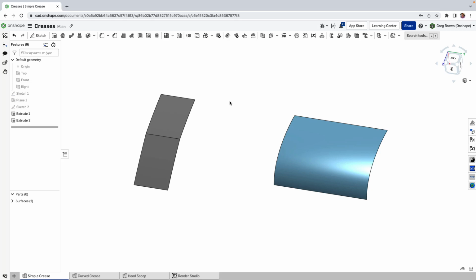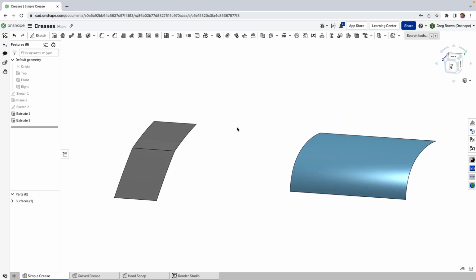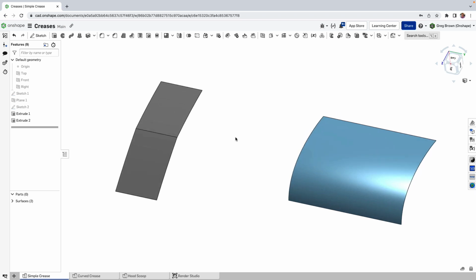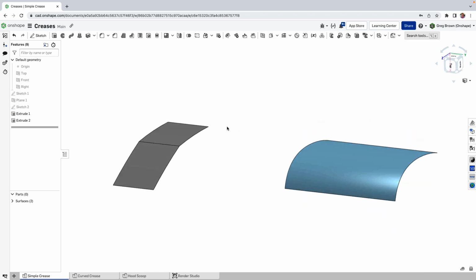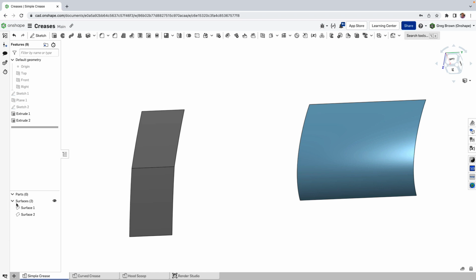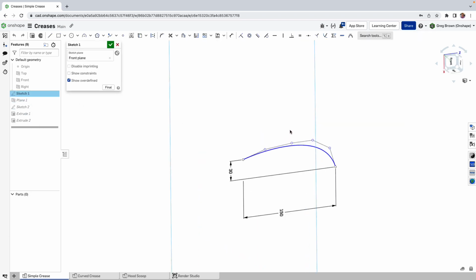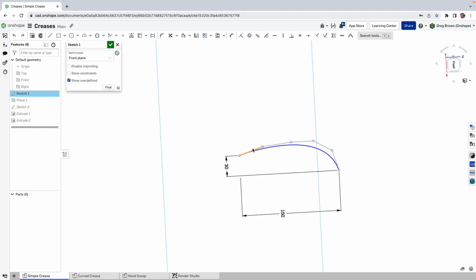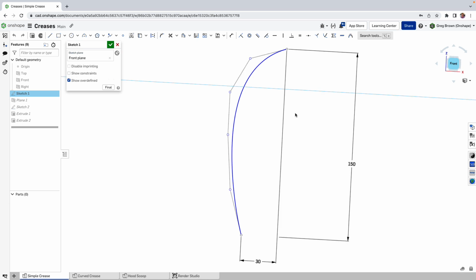Okay, I'm going to do a quick demonstration of some of, but definitely not all of, the new features that we've added in the last couple of months or a few months with surfacing in Onshape. So I've got a situation here where I've got two bodies. One of them is a surface here, and the edge of this is being defined from this Bezier curve. Right? So it's 1, 2, 3, 4, 5, a degree 5 curve,